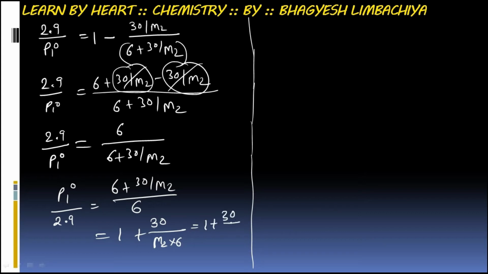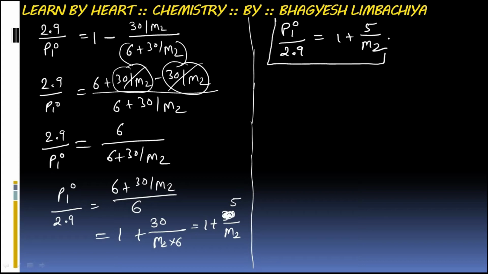So 1 plus 30 by m2. Sorry, here it will be 5. So finally P10 upon 2.9 equals 1 plus 5 by m2. This one is equation number 2. Now equation number 1 and equation 2 both are